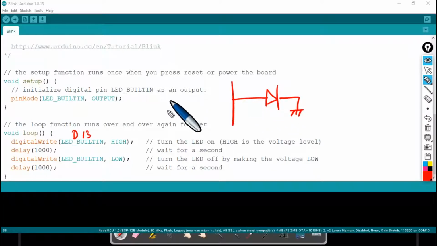If I think of this as my Arduino Uno, this is where it has its built-in LED. So this is the built-in LED.